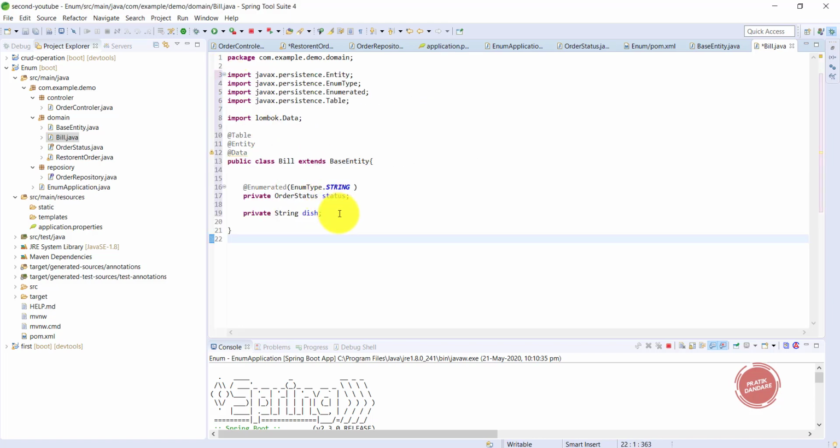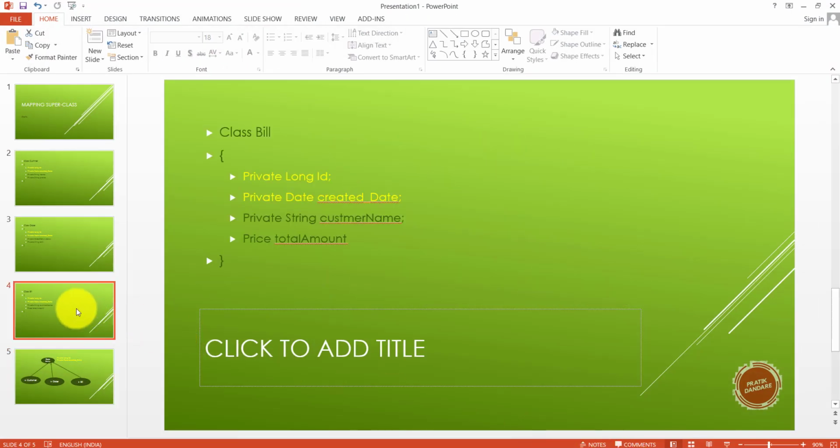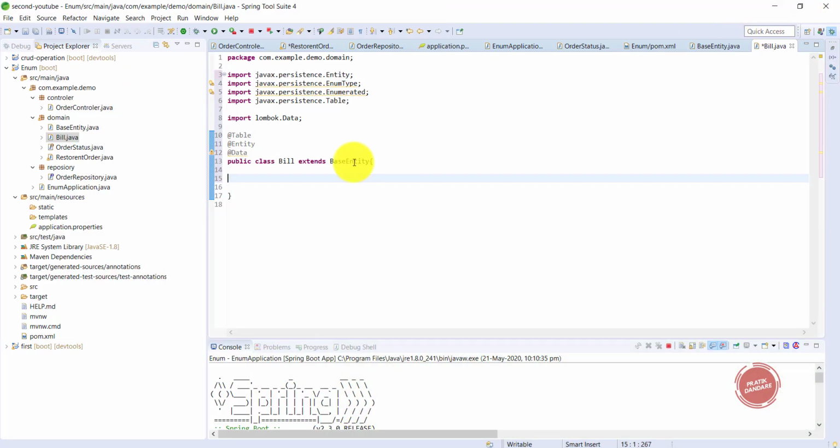I don't want this parameter. I am using the parameters of the presentation which I created earlier. These are the parameters I created. I don't want those two superclass parameters; I want only the child parameters.